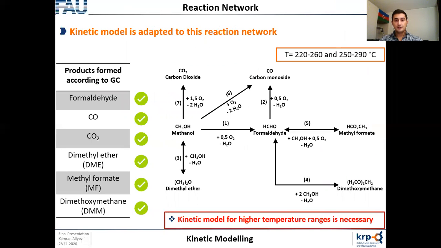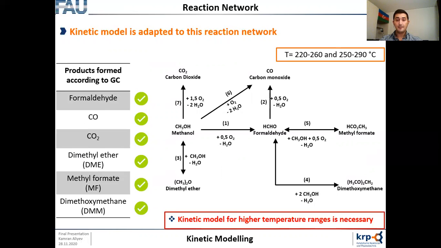The next stage is the postulation of the reaction network, which can predict the reactions through which the products were formed. Accordingly, gas chromatography analysis of my product stream revealed the formation of formaldehyde, carbon monoxide, carbon dioxide, dimethyl ether, methyl formate, and dimethoxymethane. And the formation reactions of these products were identified by taking into consideration the available kinetic